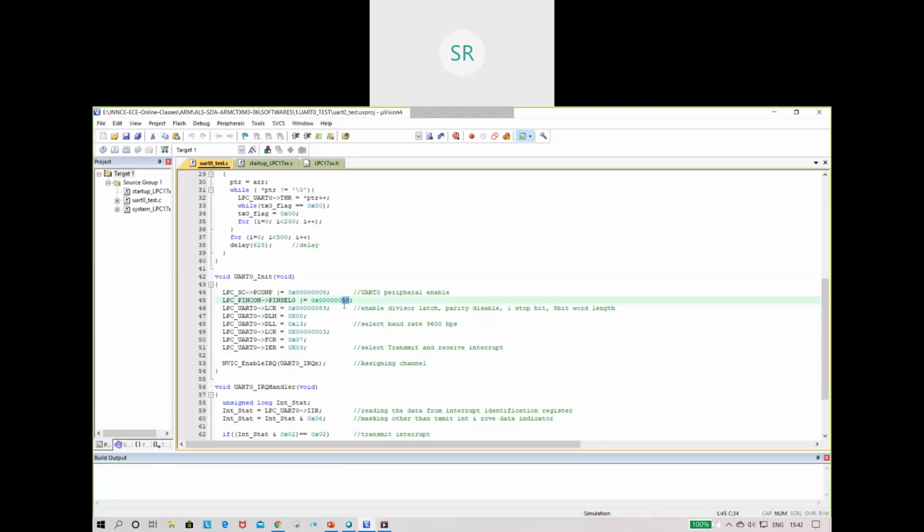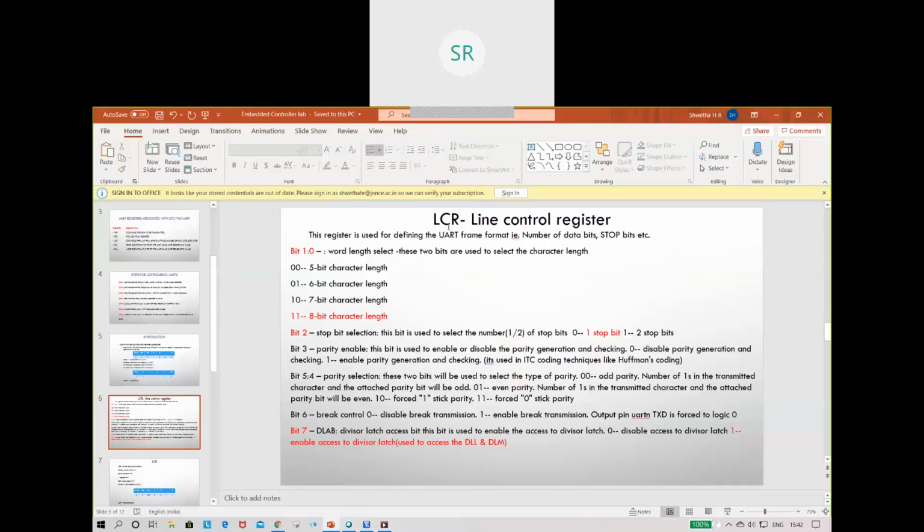0. Okay, next is the UART 0 functionality called LCR, the line control register, which controls the UART frame. How many bits you want to transmit, what is the length of each word you want to transmit, what is the number of stop bits you want to use, and whether you need to set the parity or not. That is what was discussed in the UART frame, that is with the line control register.